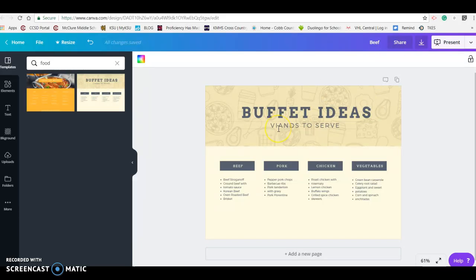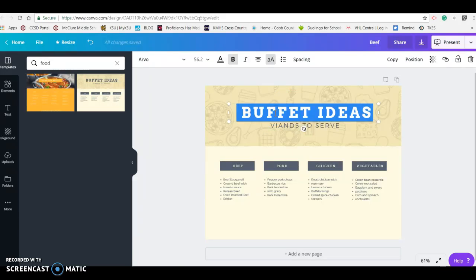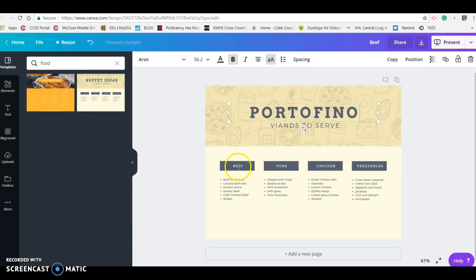So I thought Canva might be a great way because it gives you some pre-made templates to use, but it gives a lot of freedom to create and explore. So students could change the name of the restaurant. They could then, of course, change beef to carne,